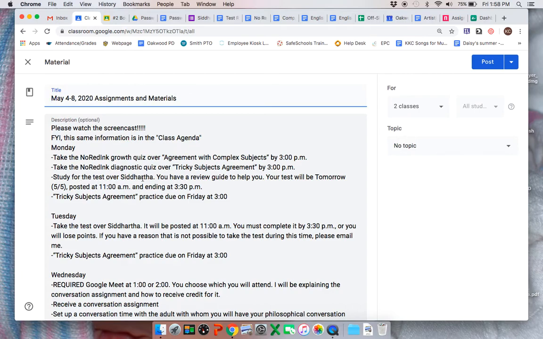You need to study for the test that you're going to have over Siddhartha. Yes, I'm giving you a test over it. This test, however, is within a certain time frame, but you can use whatever source you want except someone from the class or a parent. So you can use the internet, you can use your notes, you can use the book. All of that is fair game. You just may not use friends. That does include emailing someone who's in the class over the internet. Don't use classmates to do this. That's my only request. So the Siddhartha test is going to be on Tuesday.